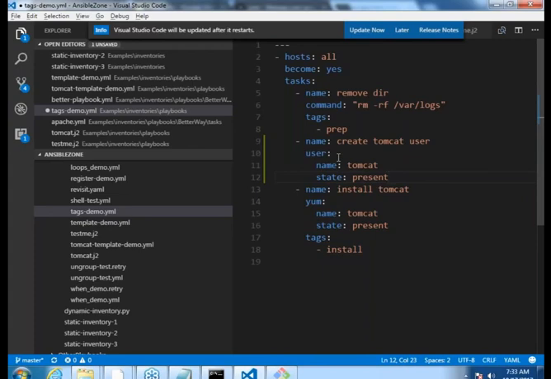Why do we write it? Because we want to make it readable to the user, to understand that we are creating a user out of this step. Just by looking at the user name, he might not know it, or there is a chance that he might be confused. So that's why we will be explicit about it. But even if you don't write that state line, it is going to create a user. Okay, make sense, right? Now I want to work on the second commonly used module, which is called group.